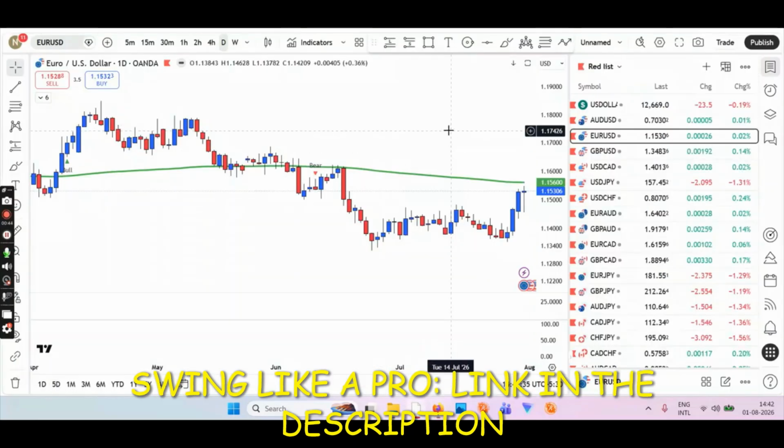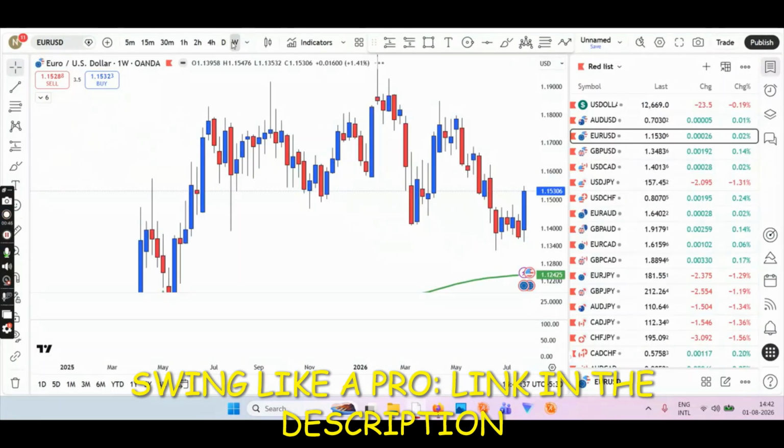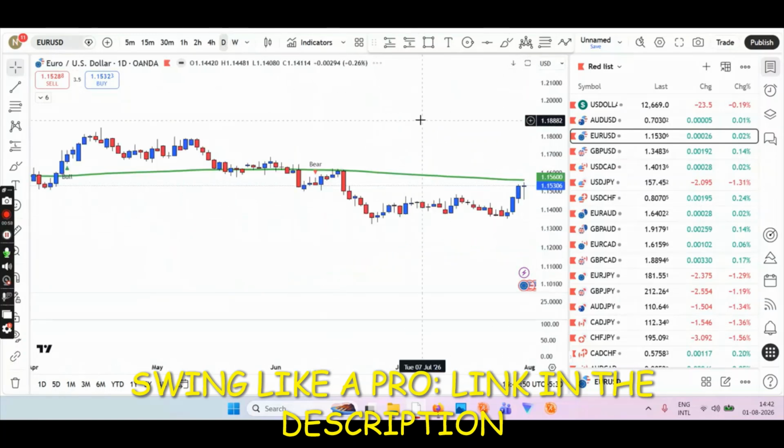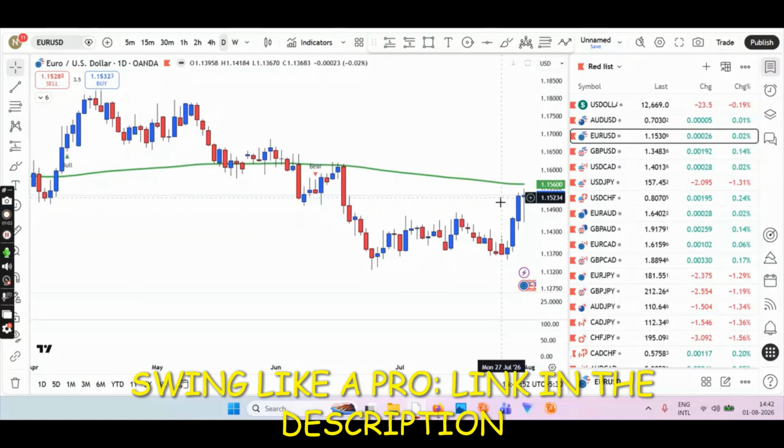Coming back to the chart, starting the top-down approach with weekly time frame. Weekly, we are above the EMA. So we made a new low. So this is a pullback, I guess. Okay, so new low is created, as you can see. This is a pullback, and coming back to daily, we have a hammer. So the price could not sustain below here on Friday, as you can see, and we have formed some kind of hammer candle. But this means that buyers came in and they pushed the price up on Friday as well. So we have broken this BOS already. This BOS is broken. This one is broken.